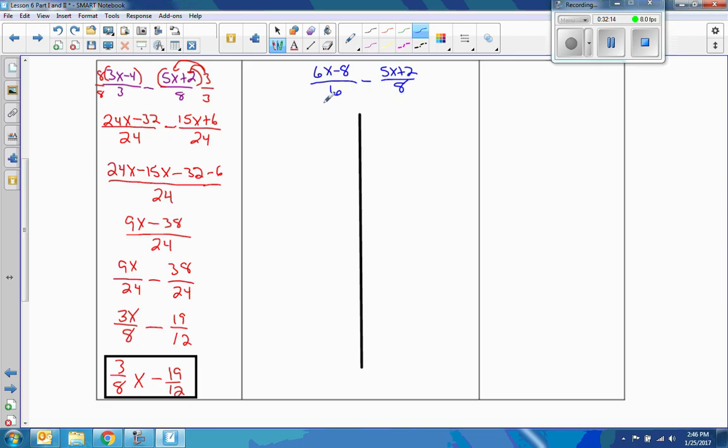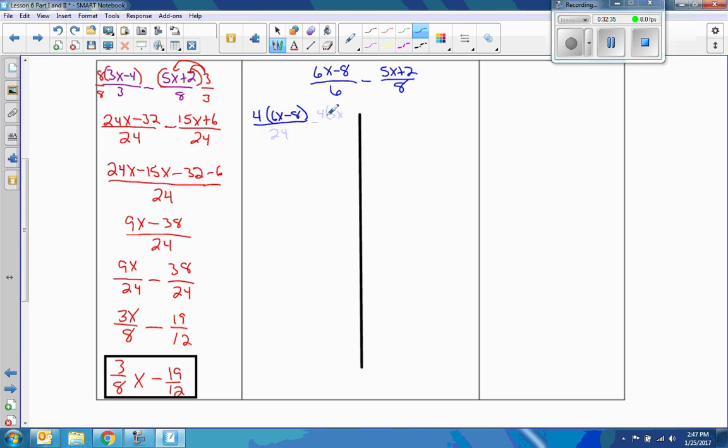So the common denominator is 24. So if I take 4 times 6x minus 8 over 4 times 6, which is 24,